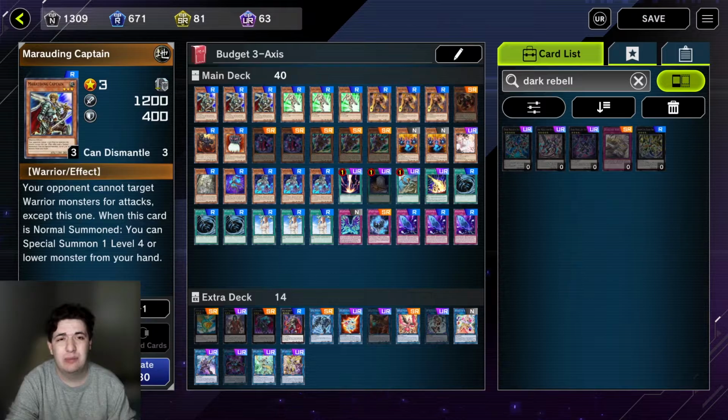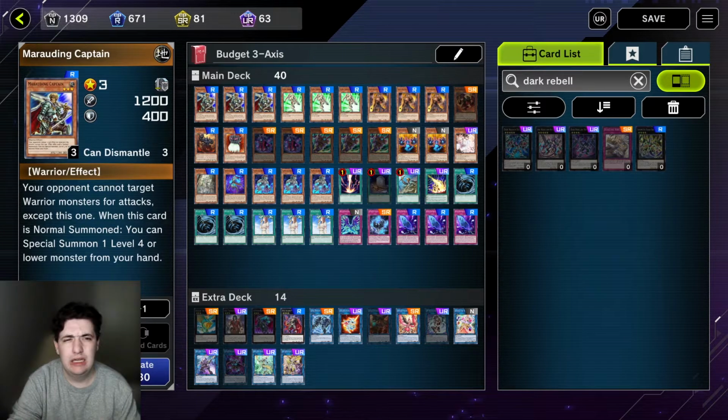Today we're taking a look at a budget 3-axis level 3 kind of Link Turbo deck featuring mostly Phantom Knight